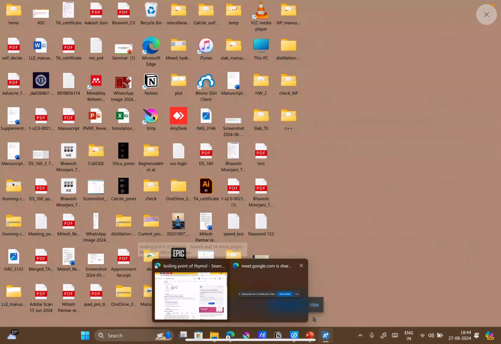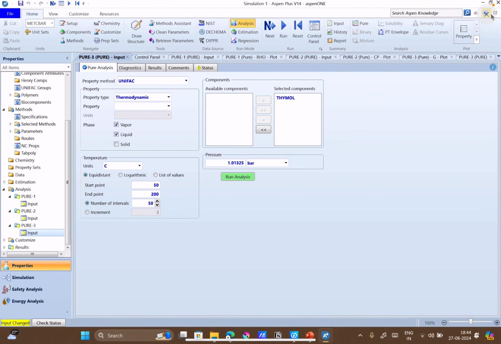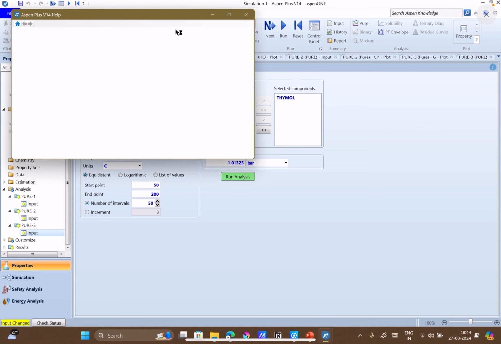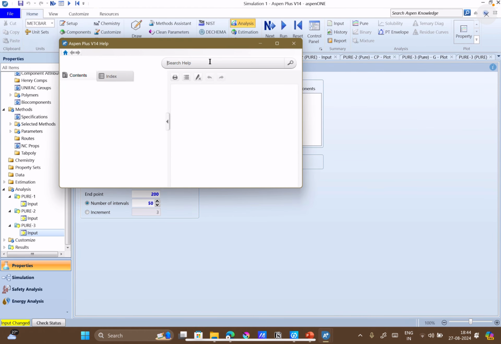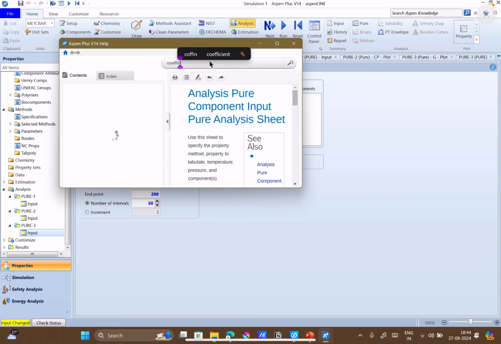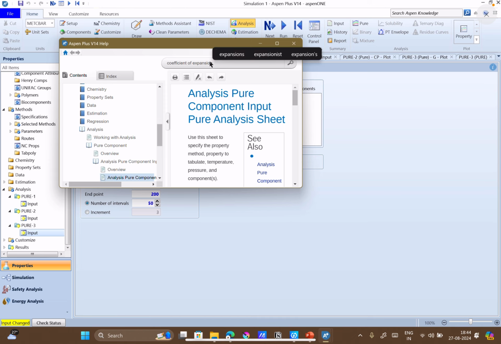Okay, let's just search it. If it's there, it should be. If you have any doubt, you can search here. Coefficient of expansion.